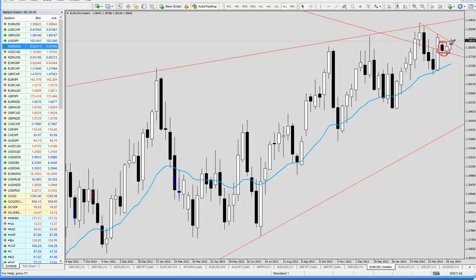So we do have an inside bar and we are trying to break to the upside. So in that case, with this theory on a weekly chart, looks like the bulls want to go higher, and the target could be